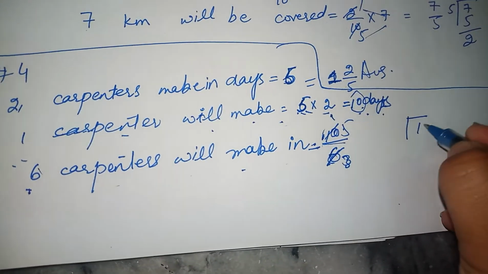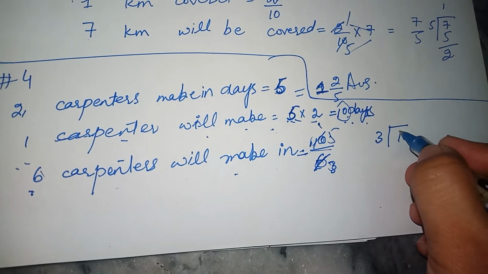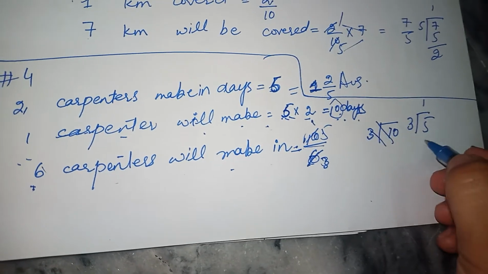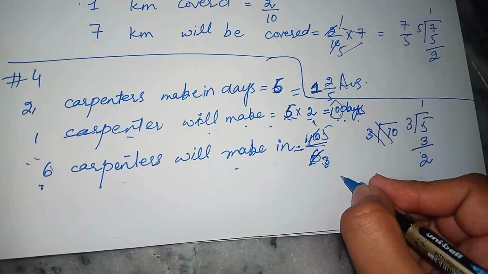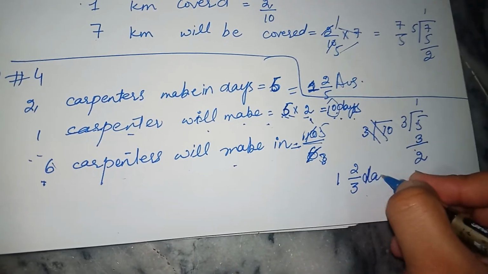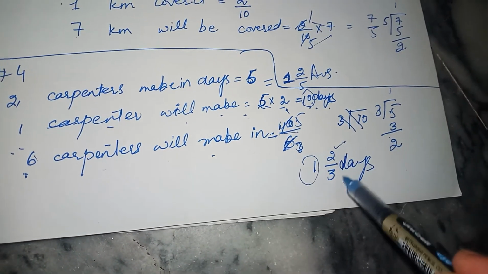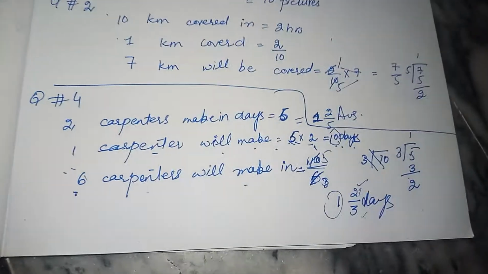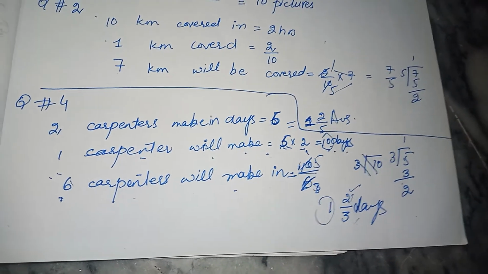Now they will take 5 by 3. 3 ones are 3, 5 minus 3 is 2. So the answer is quotient plus remainder over divisor. So how many days will it take? 6 carpenters will take 1 day and 2 parts of 3 days. Clear? 1 full day, and then 2/3 of a day will be